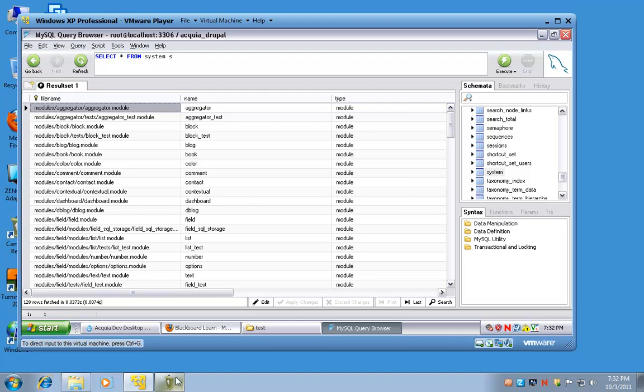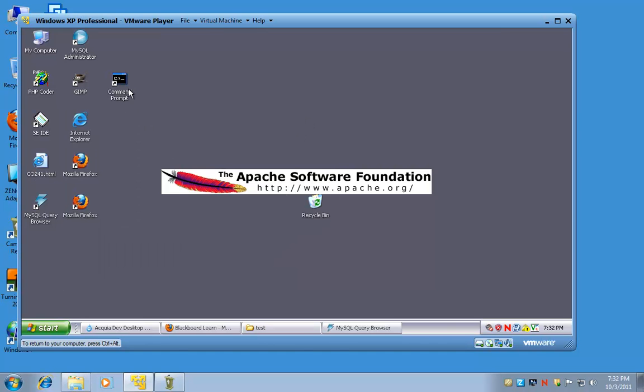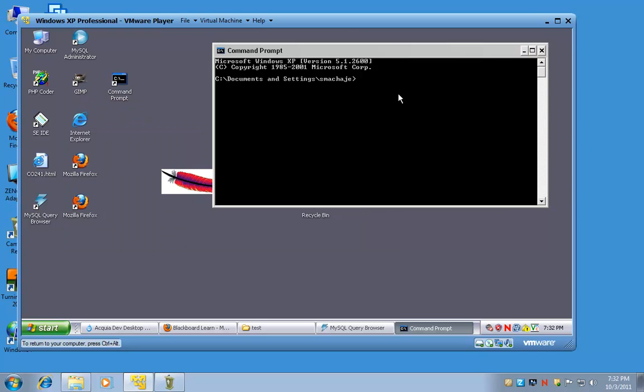So if you have 1 million records, the command line is going to go through those much quicker than a GUI. Okay, so I would say those are the different stages, but PHP MyAdmin is fine. Okay, so this is select all from system. Let's try a different tool. Let's minimize this, and this time I will double click on the command prompt. This is the scary black stuff,